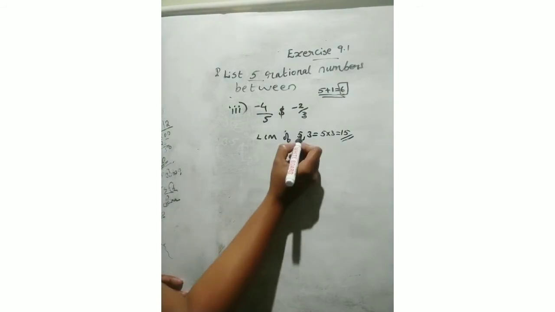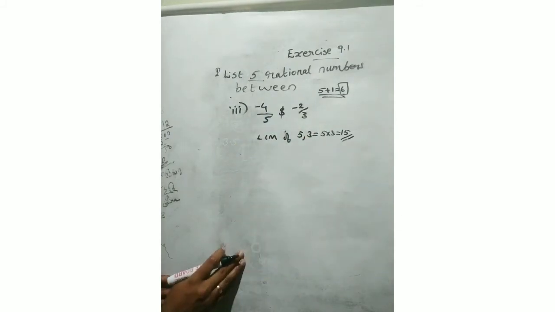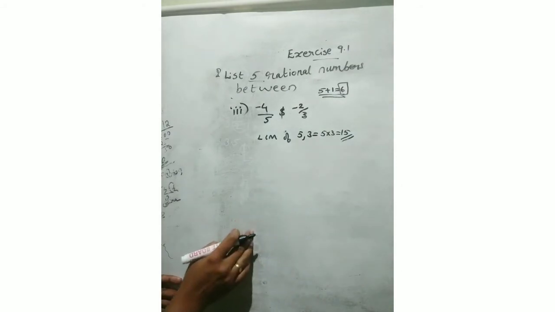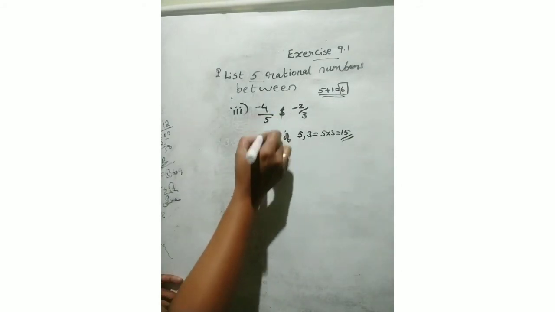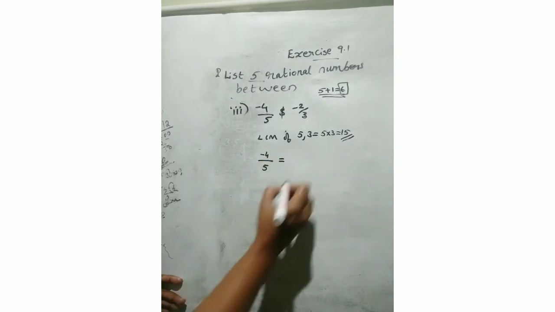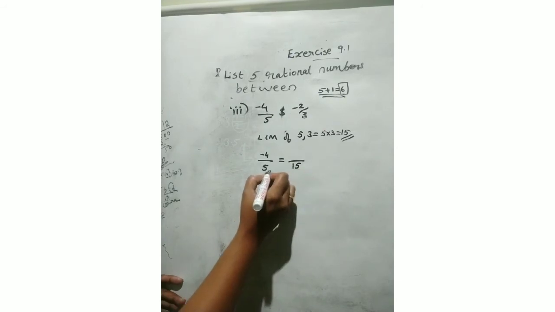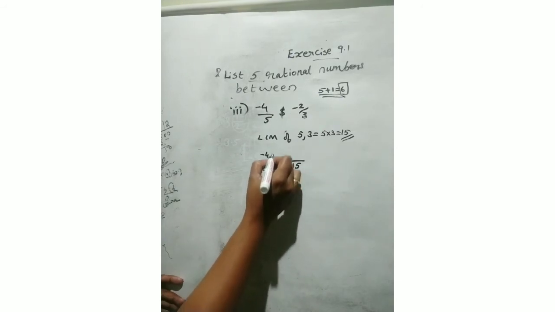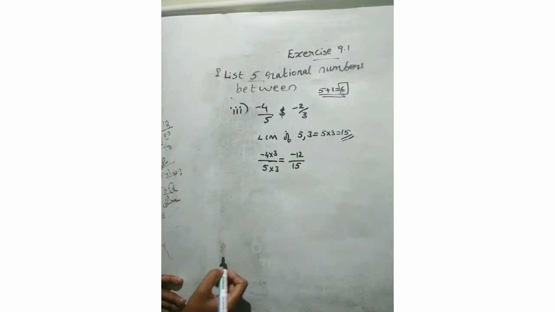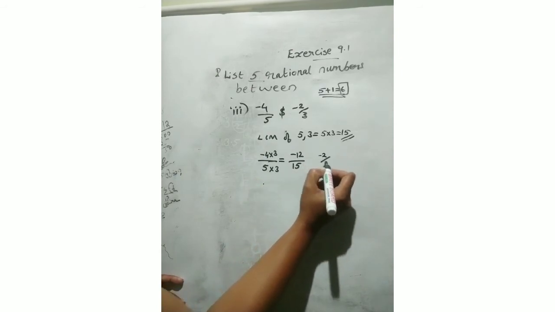Okay, there is one common factor, that is only 1. By dividing by 1, we will get the same number itself. So, there is no use. So, we can multiply the denominators. Okay, then after then we can convert both the rational numbers into LCM as denominator. Here 15 is the LCM. 5 times 3 equal to 15, negative 4 times 3 is equal to negative 12. So, next rational number will be negative 2 on 3.